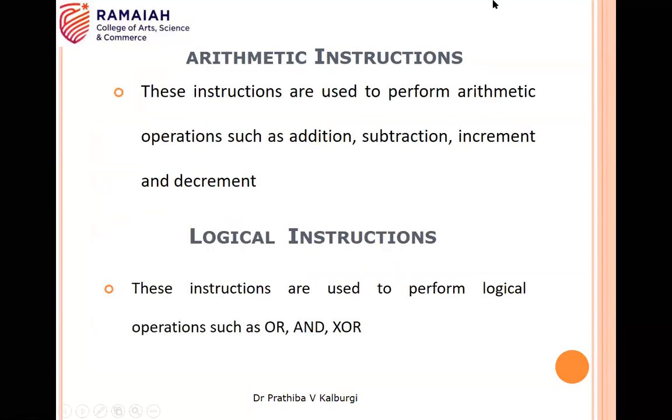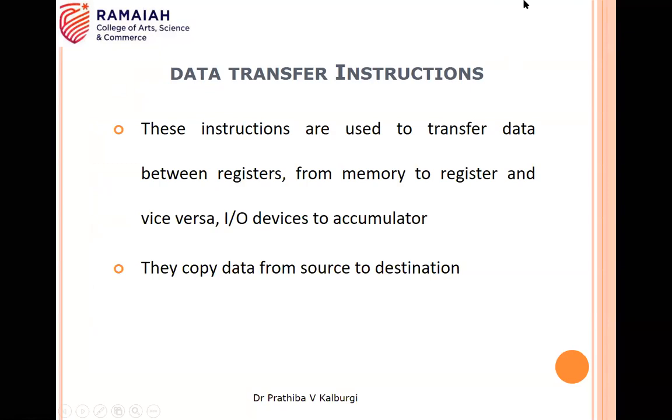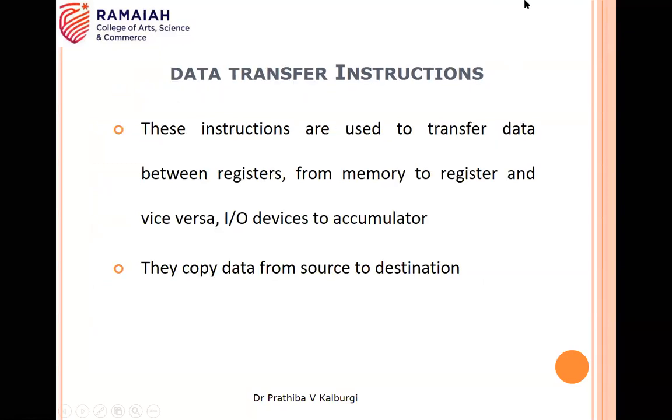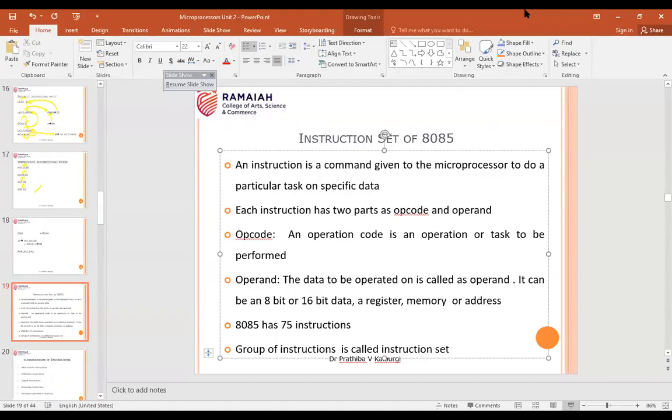Yes. So what is this data transfer instruction? In the case of your data transfer instruction, you are going to transfer the data between the registers, or it can be your address location and so on.